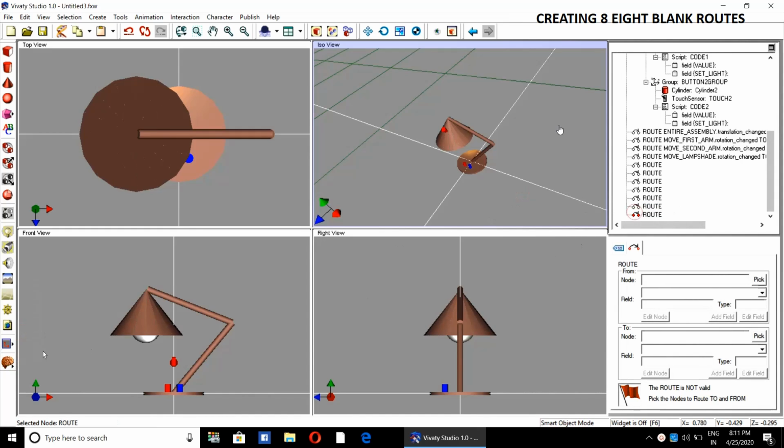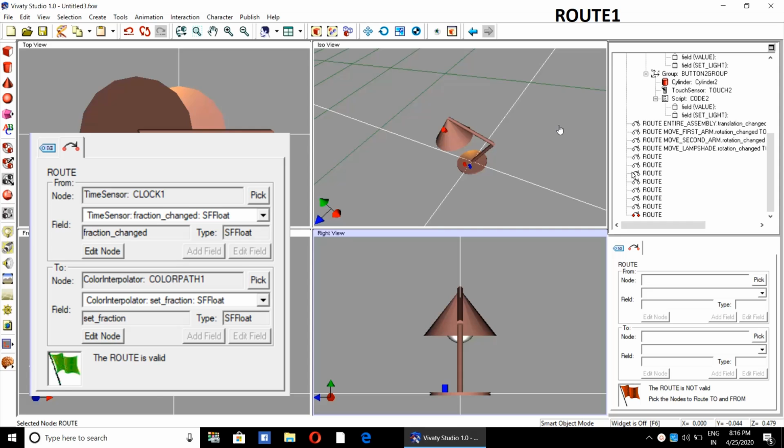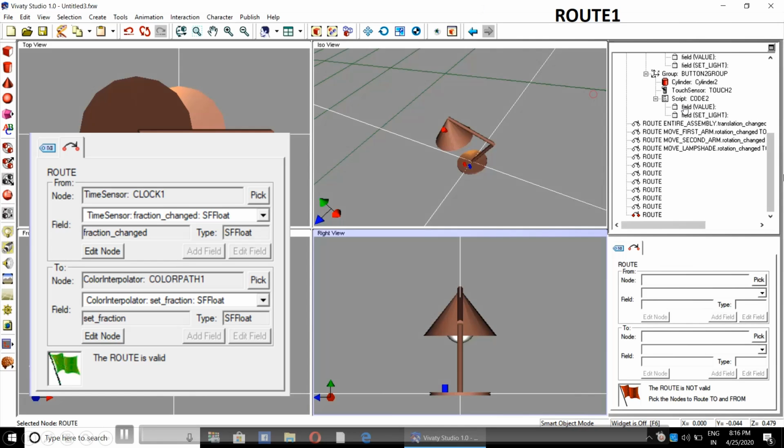Eight routes will be required. So we have created 8 routes. Initially we were having 4 routes and we have created 8 routes.